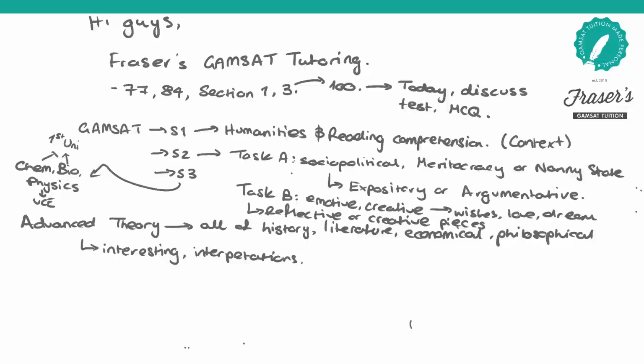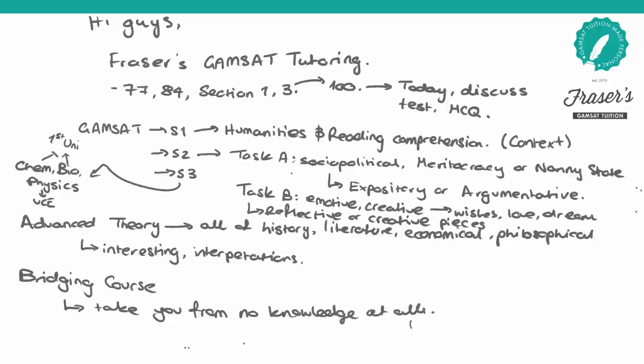So basically, having an understanding of the first year and the VCE level of physics is like understanding the language. Imagine speaking another language and trying to solve a basic problem. You need to learn the language before you can solve the problem. So at Fraser's, we teach you guys bridging courses. These are courses, as their name suggests, from absolutely no knowledge at all the way to GAMSAT ready. And once we have you guys at that level with bridging courses, we start using GAMSAT style